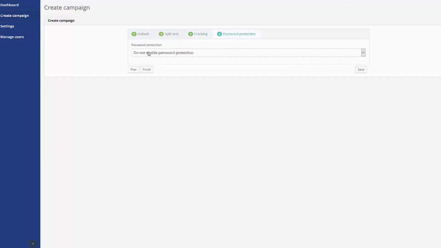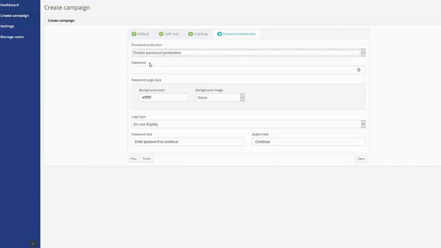And the last main function here is password protection. So if you want to, for some reason, password protect the link redirect, you can even use this for things like bonus delivery or sending client stuff. You can just set up a redirect with a password protect, and you have to give people the password then. So you just enable password protect, and it'll set up the password protection here. So I'm just going to